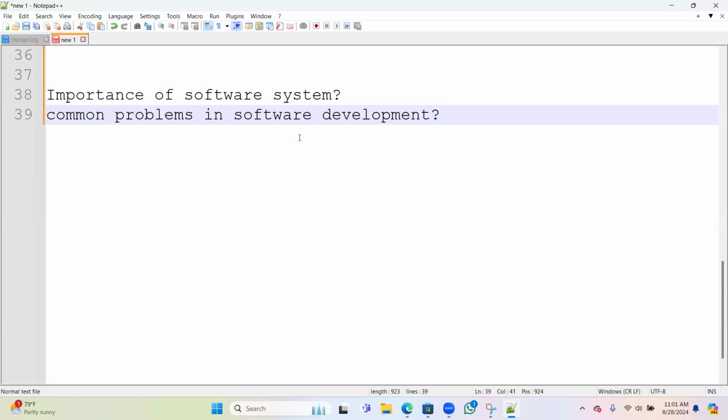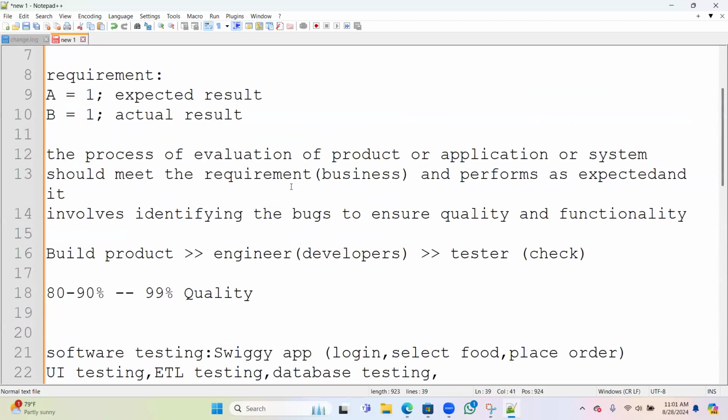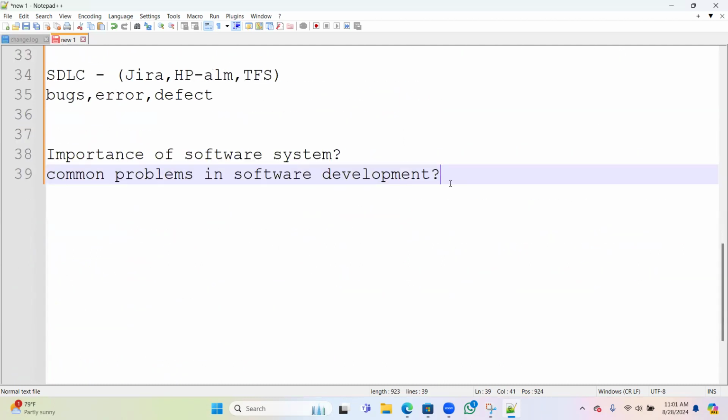Whenever you are working in software testing, you should come up with scenarios. For example, how can I test a product? Initially, I would suggest that whenever you are trying to get into any project, you should understand the project.